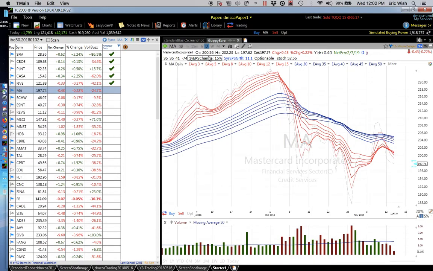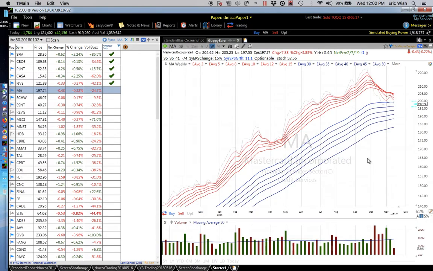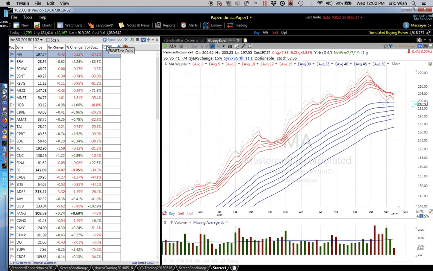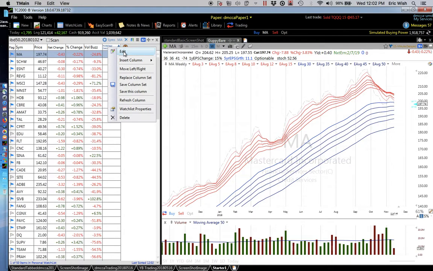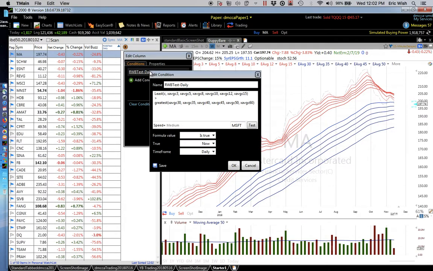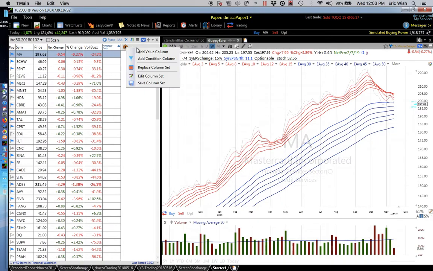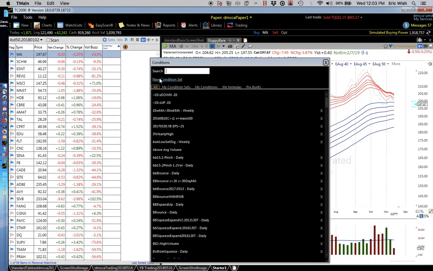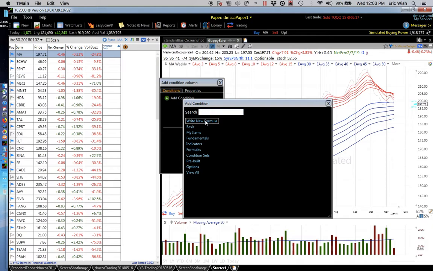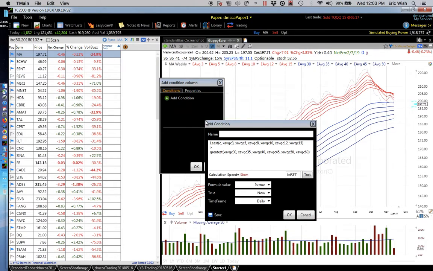Okay, now you can use RWB on any chart pattern, any time period. So if you want to add one for the weekly, we can do that relatively quickly. We will edit our first column, and I will copy this formula since it worked. Copy that formula, cancel, and then we're going to add another column, add like we did before, new condition set, add condition, write new formula, paste the formula,